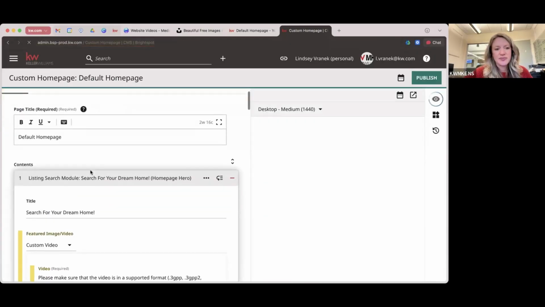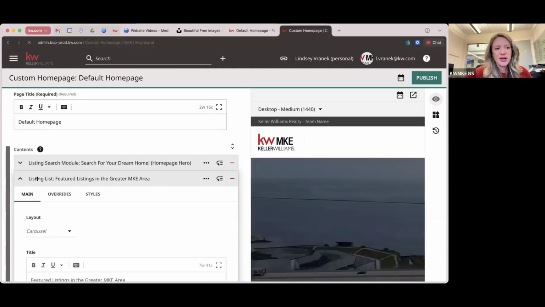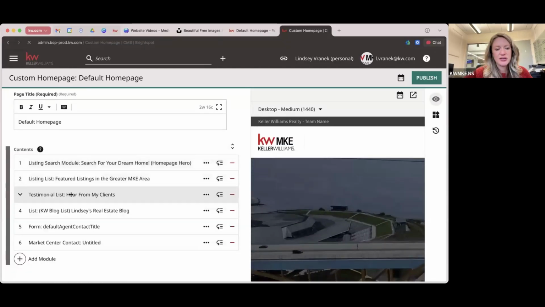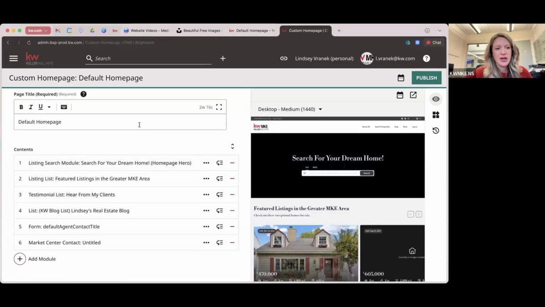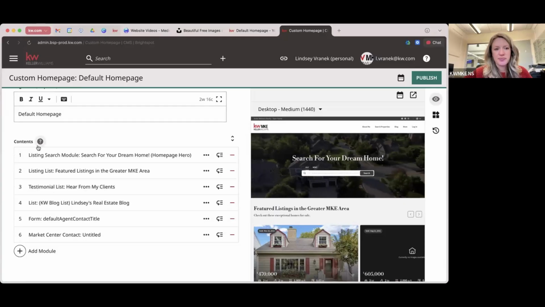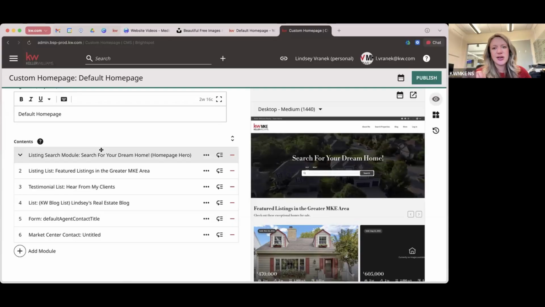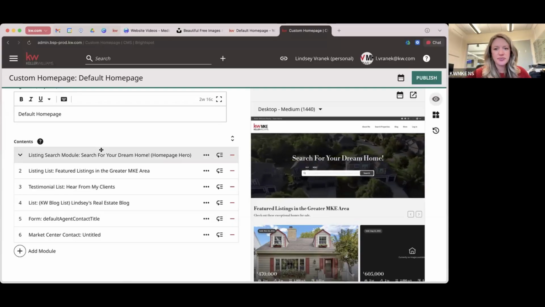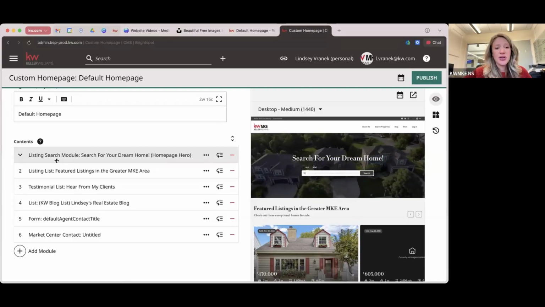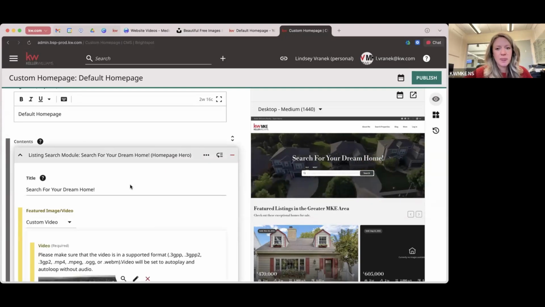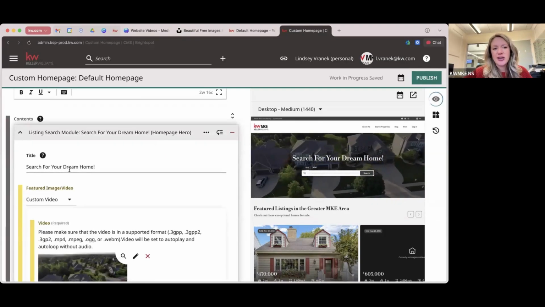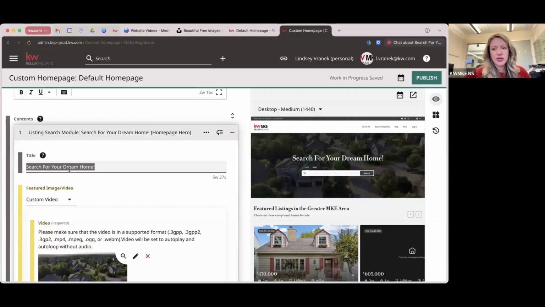All right. So then from here, and I'm just going to unexpand these, you've got contents. So each of these is going to represent the different sections on your homepage. The first one is that search module. So if you wanted to change that title, instead of "search for your dream home,"